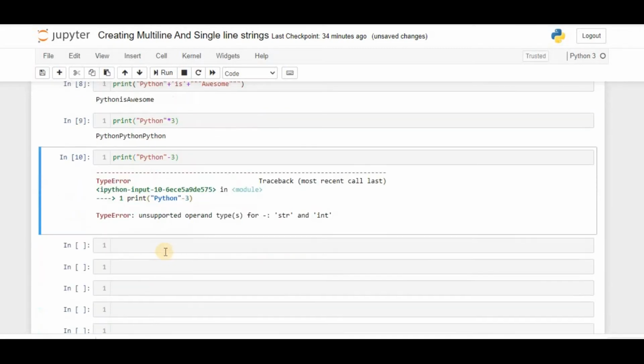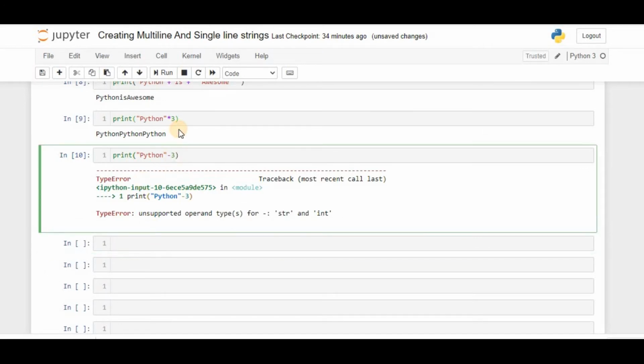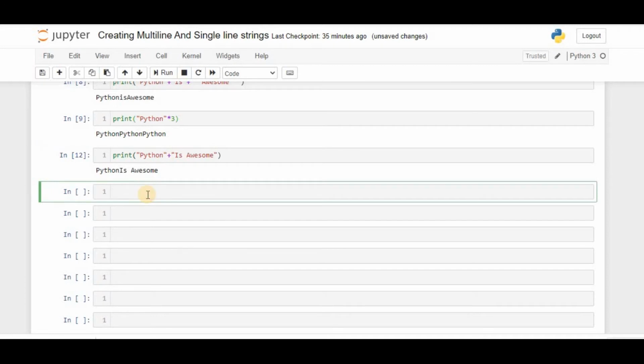How can Python do it? That's what Python is asking. So instead of minus, you can use plus. You can concatenate strings with a plus. So I will write here Python is awesome. Now it is going to join these words with the help of the plus operator, right?